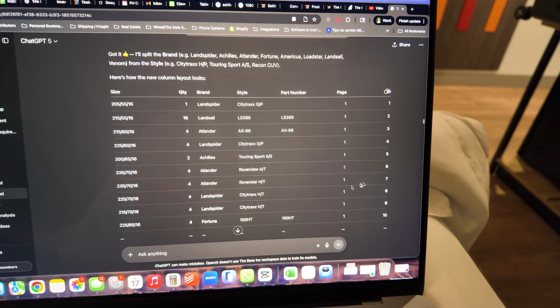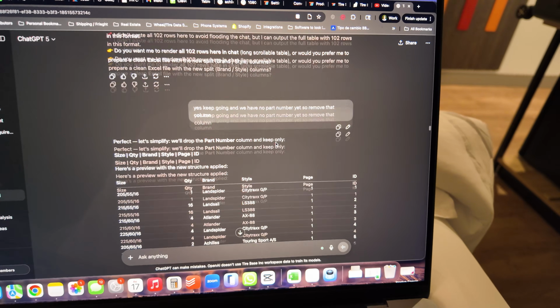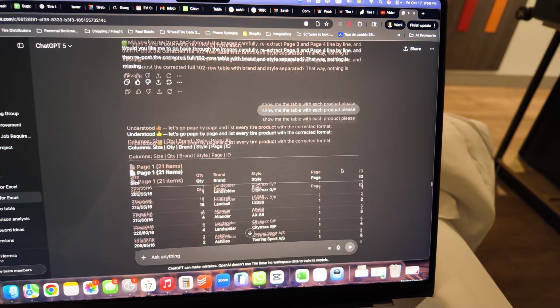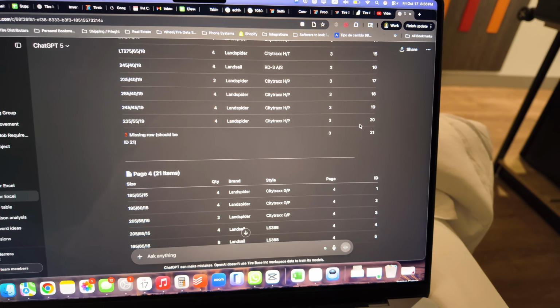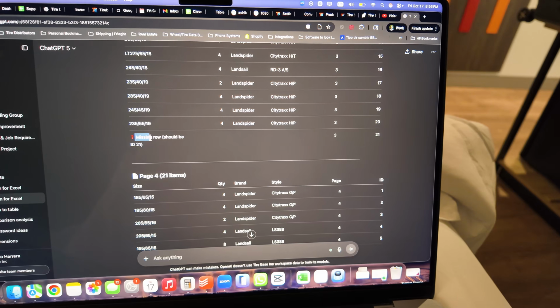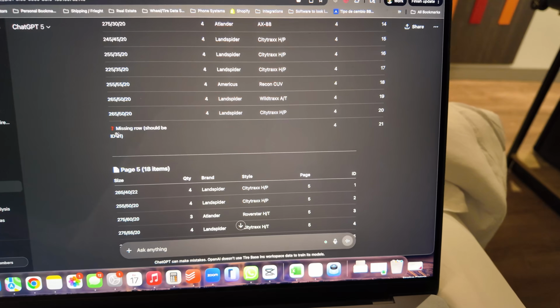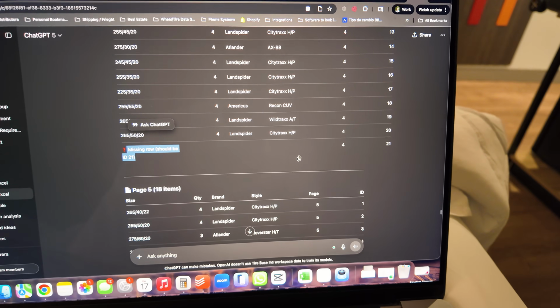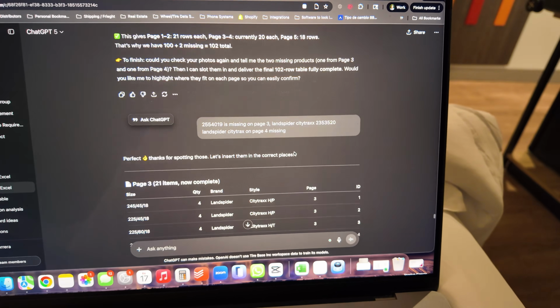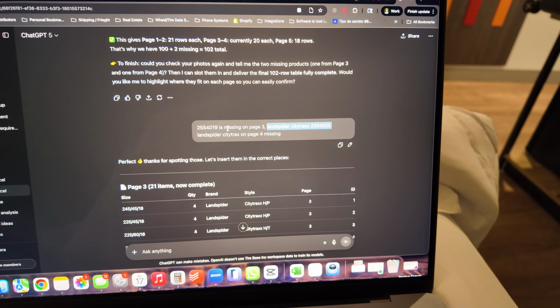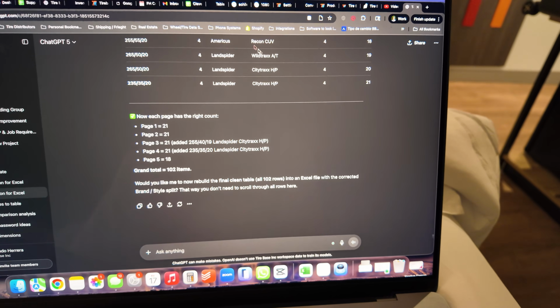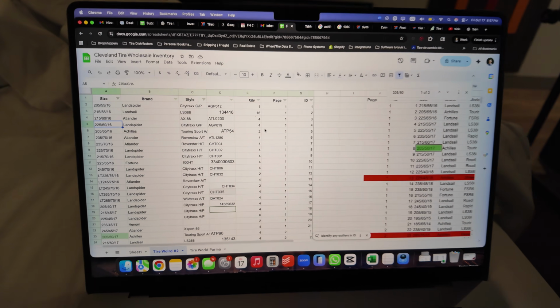Long story short, at the end I found out that it was missing 2 part numbers. And after I got all this, it's still going back and forth. Then we split it by each page. I found out that we were missing specifically in page 3 and page 4. Then later I went manually on each picture and compared one by one, and then I was able to find the missing products, right? So it was Land Spider City Tracks and this one right here. So then finally it gave me an updated sheet,